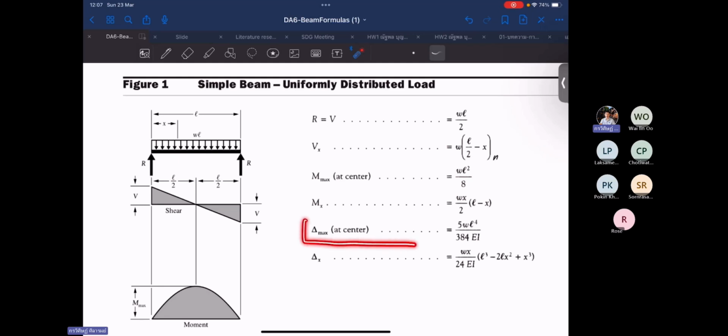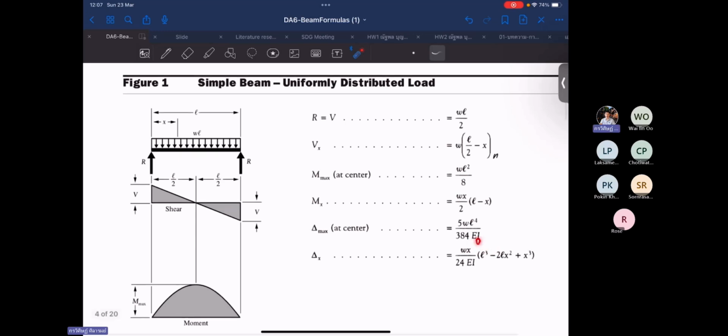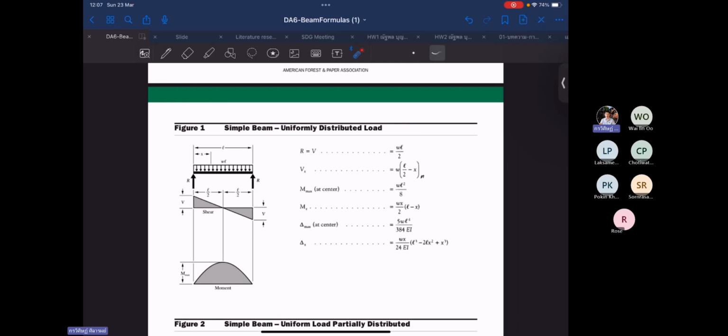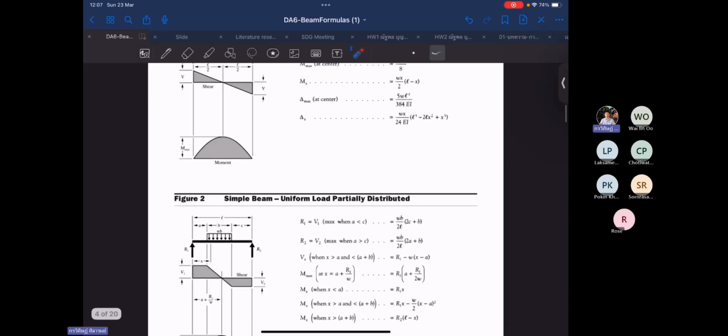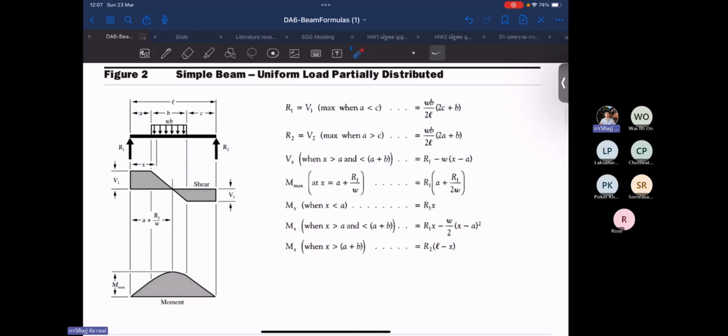If you would like to know the beam deflection, you can use this one, but it requires the moment of inertia of the section and the elastic modulus of the section. It requires the elastic modulus and the section type also. If you would like to know the deflection of the overall beam, you can follow this equation. So this kind of table will help you determine the shear force diagram, moment diagram, maximum shear force, and maximum bending moment easily, without structural analysis.